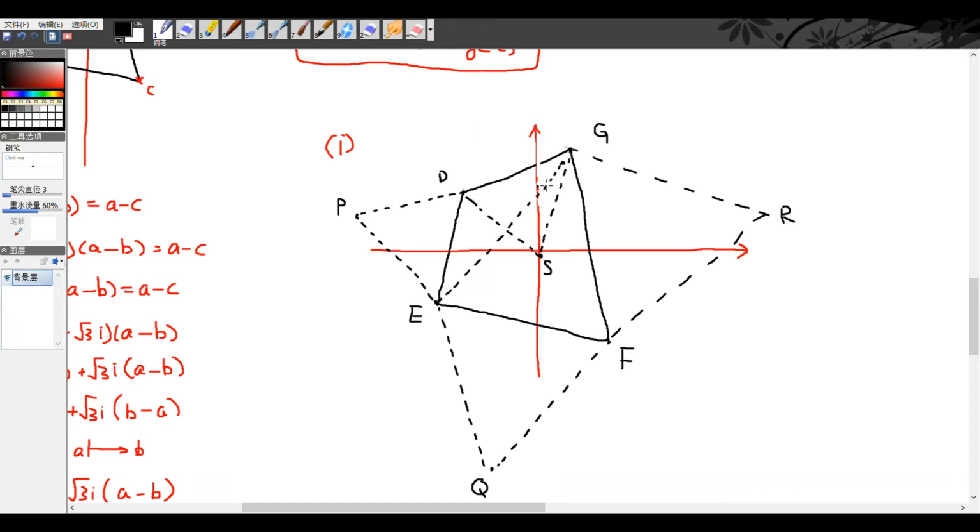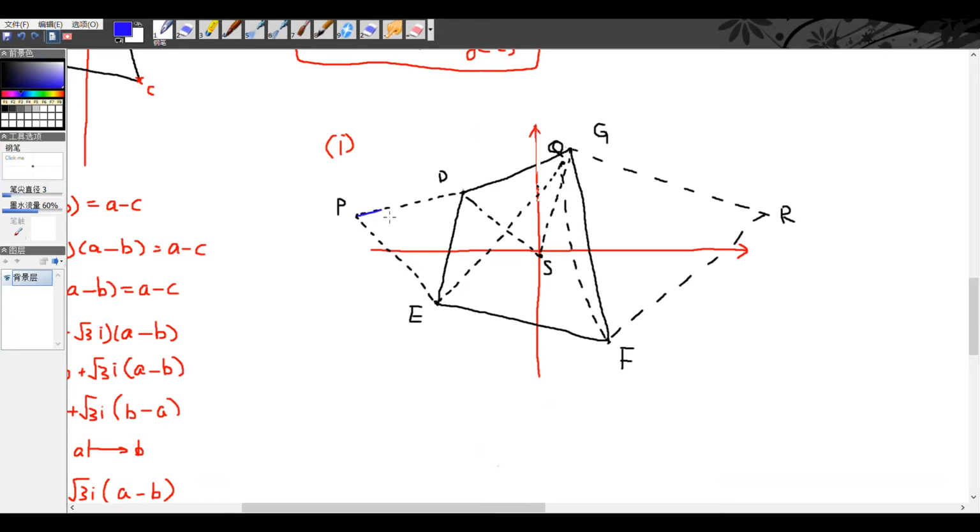This is our Q, and we erase the Q we drew before, so this is not our Q anymore. Our Q is up there, and we link PQRS, which gives us